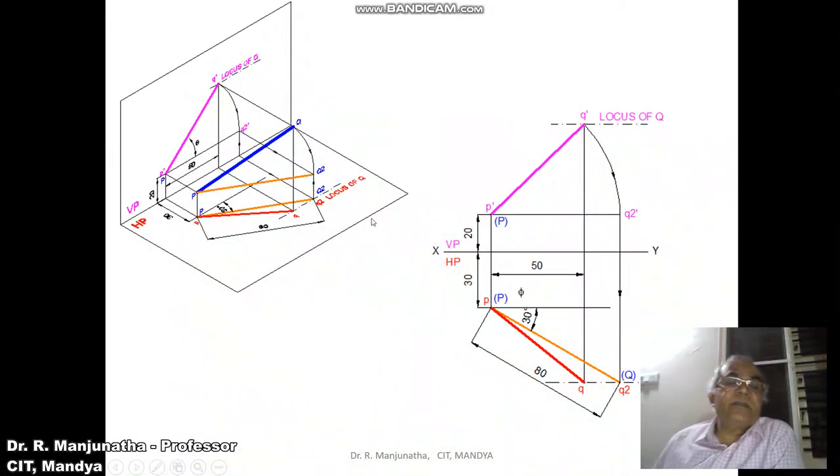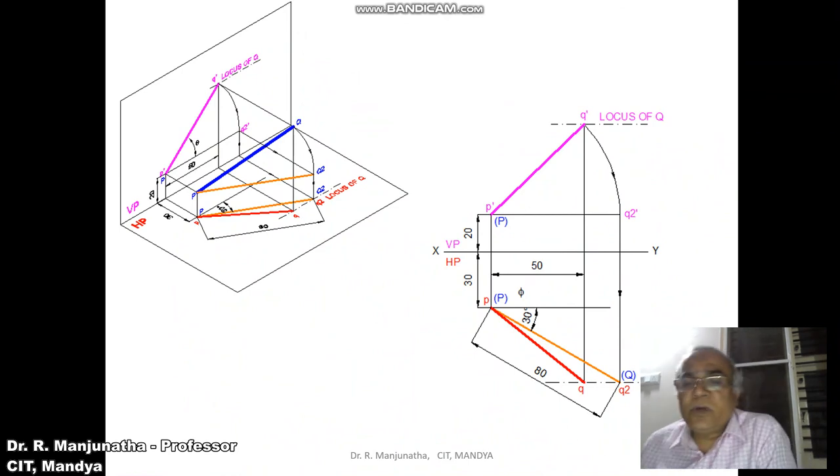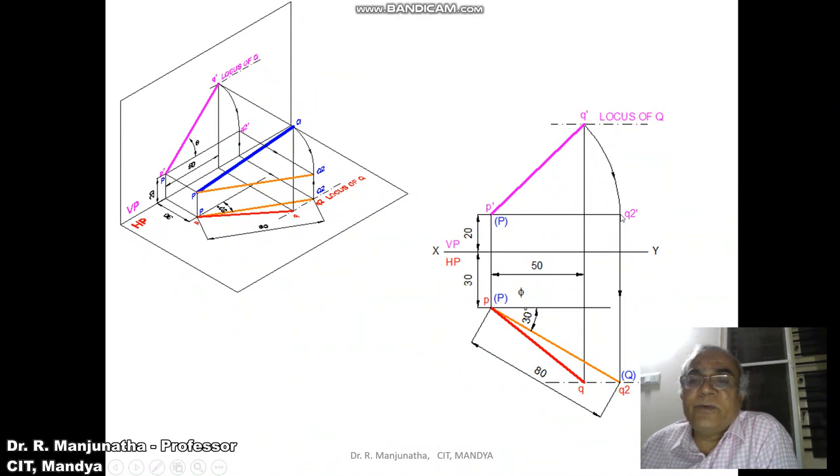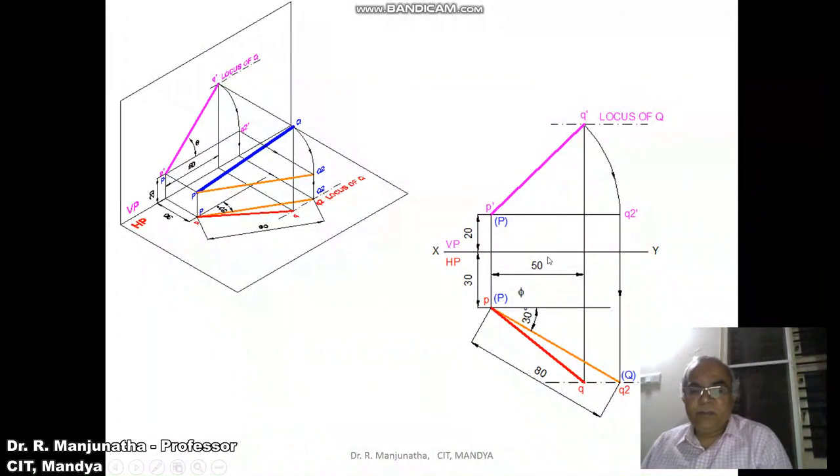Now in the second step, we need to find out the true length in the horizontal plane. Of course, anyhow you already have the true inclination, so it need not be found out, but even if you find it, you are going to get the exact value. So once you have the distance between the end projectors, it is the other reverse way. That means you are trying to find out the front view. So by projecting this to the front view and rotating such that this will fall on the end projector line, you are going to get this P dash Q dash.